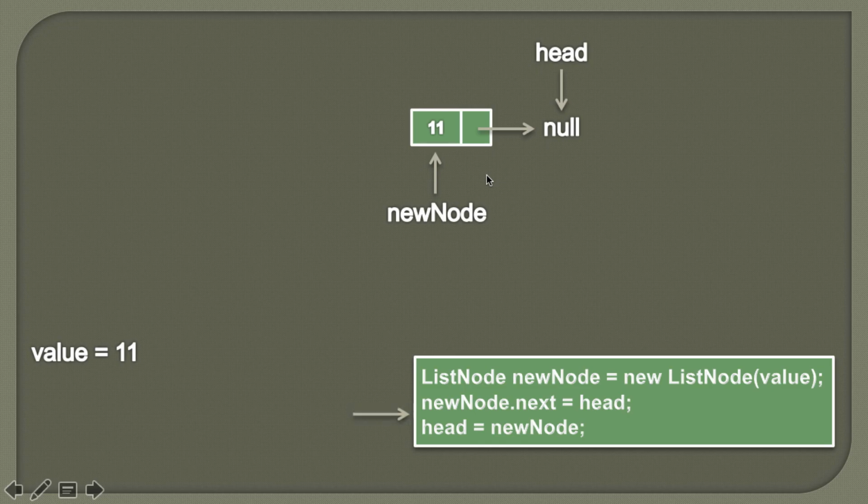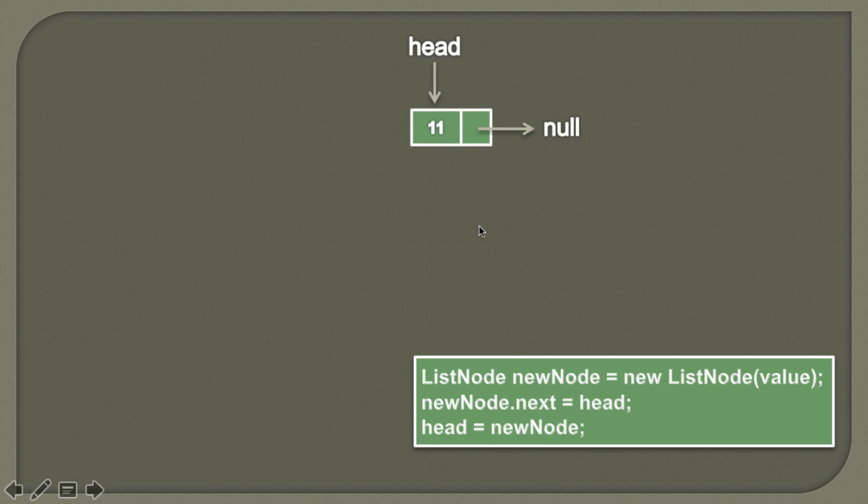Moving ahead. So in the last step, as we have inserted this node at the beginning of the singly linked list, we know that now head should point to this node because we know that head points to the first node of a singly linked list. So we simply assign the value of new node to head. So currently head points to null and new node points to this list node. So therefore now head will point to this list node. So it would look something like this. So friends, after we have inserted this new list node at the beginning of the singly linked list, now our singly linked list has this one node.